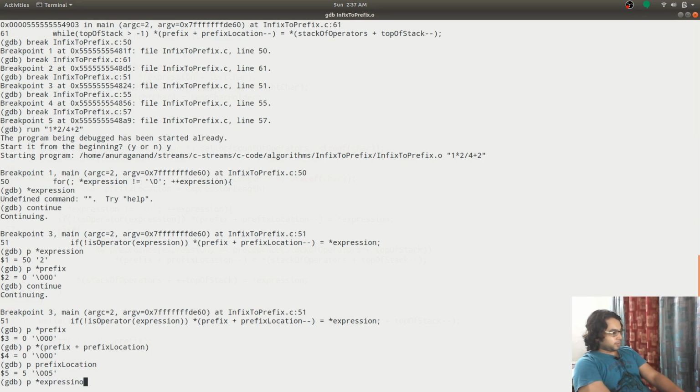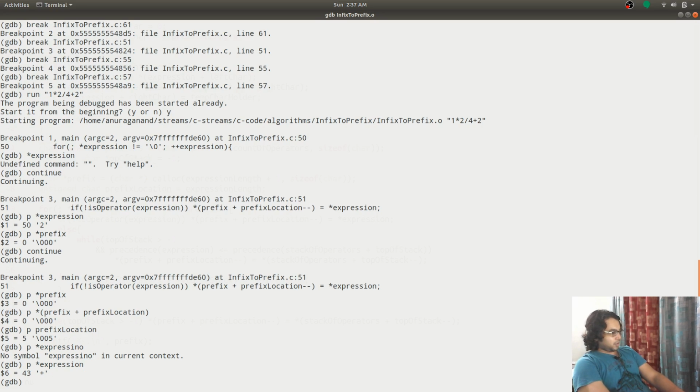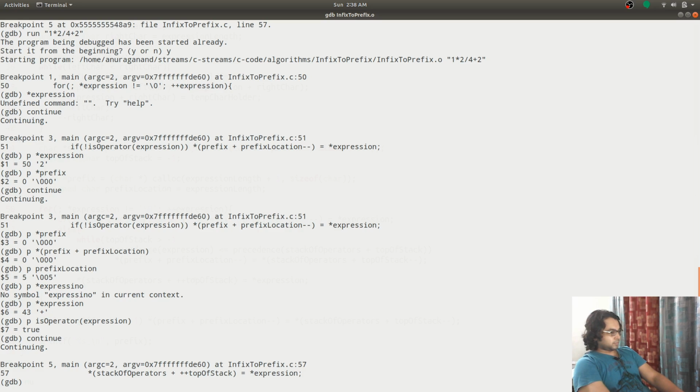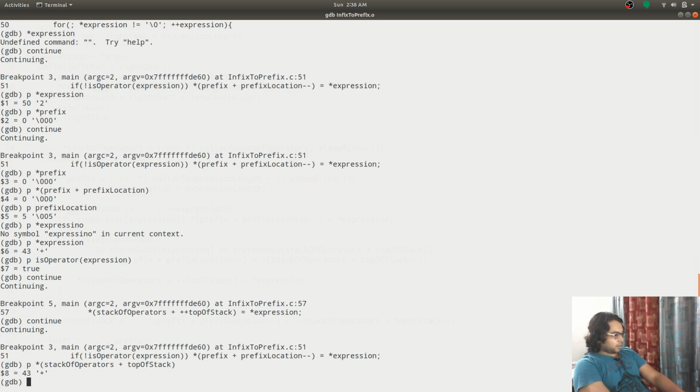And p expression plus sign, let's say true. Correct.